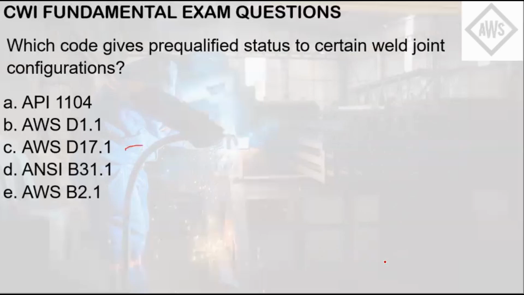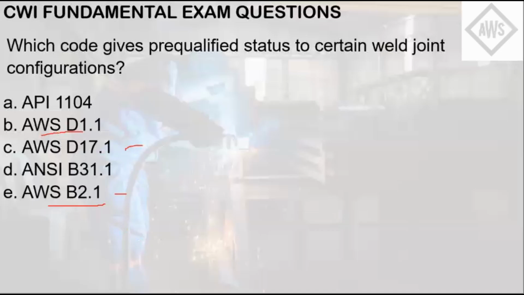Letter C, AWS D17.1 refers to the specification for fusion welding in aerospace applications. So this is for the airline industry. ANSI B31.1 is for power piping. This is mainly for power plants. AWS B2.1 is for specification for welding procedure and performance qualification, standard for any other material with no governing specification. But this code does not give pre-qualified status. So if you have any material here that was not being covered by any other welding standard, you can use AWS B2.1. So the only standard or the only code here that gives pre-qualified status is